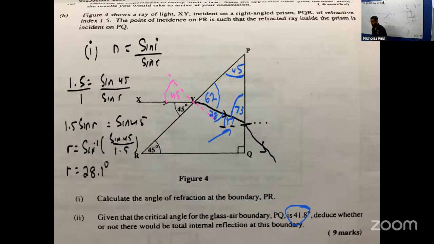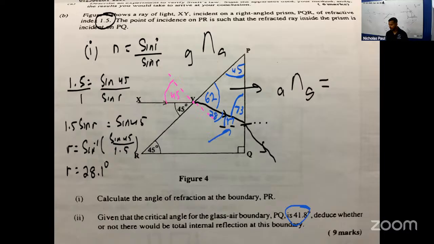What can you do? Anybody? What should I give you here? They gave you the refractive index of glass with respect to air. Right? Now, what do I want? The refractive index of air. I just get that: 1 over